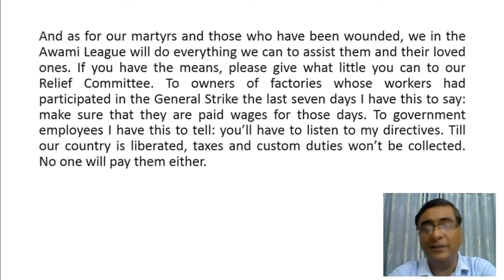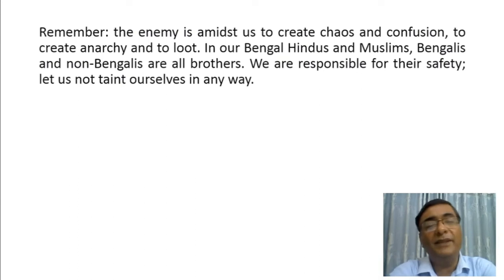No one will pay them either. So he stopped it. Remember, the enemy is amidst, which means in the middle. Now Bangabandhu warns the people what may happen, because the enemy is already amidst us to create chaos and confusion. So the enemy will try to create a chaotic situation and confusion in our country, to create anarchy and to loot, and there will be a kind of anarchy in our country, destruction in our